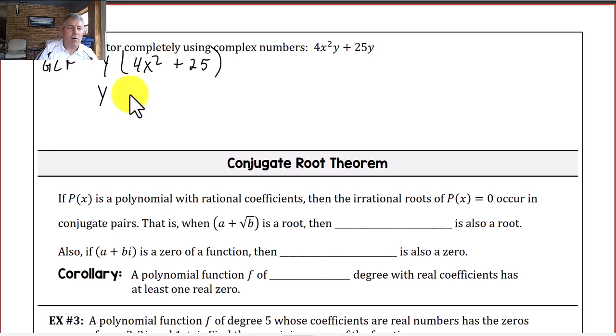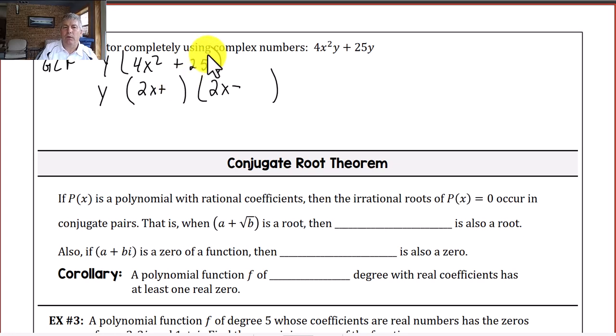So let's go ahead and see if we can do this. The square root of 4x squared is just 2x, and then we have another 2x. And one is going to be plus and one is going to be minus, but the square root of 25